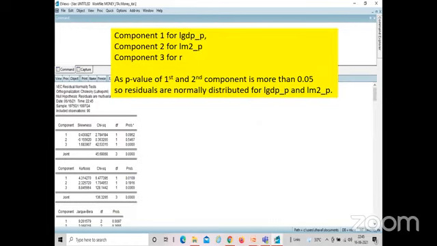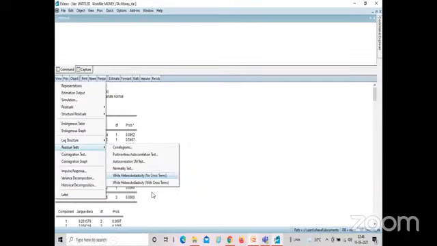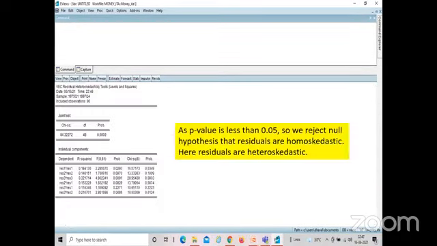Normal distribution is there, but there is a problem with the third lag. As the p value of Jarque-Bera is less than 0.05, it means that in this case errors are not normally distributed. Then we carry out White's heteroscedasticity test. As the p value is less than 0.05, we are losing the battleground here also. The residuals are heteroscedastic.